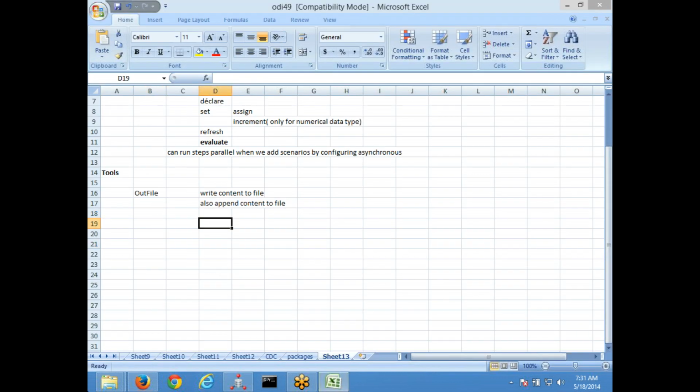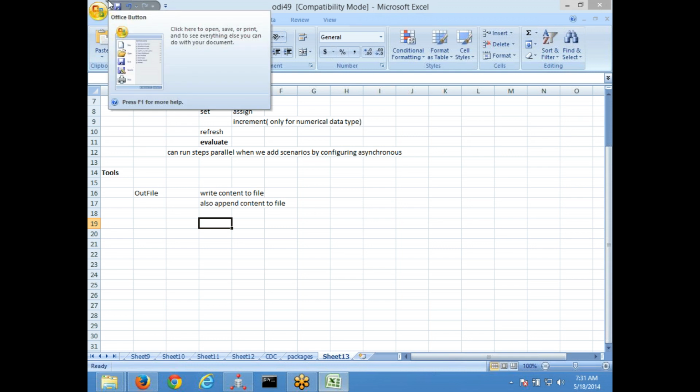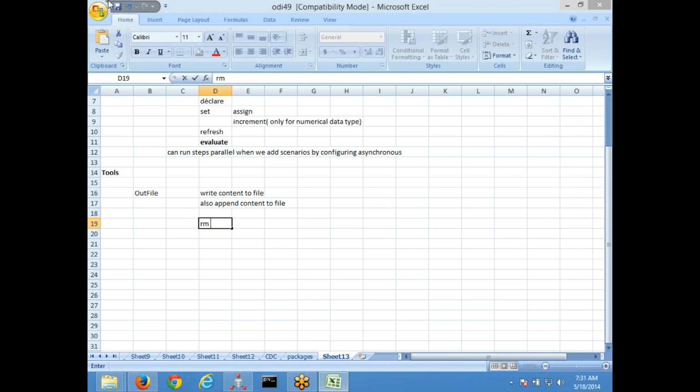So generally, what is the command to delete the files? RM is the command. RM star, if I say, it is going to delete all the files, but it is not going to delete all the folders within that folder. So how to delete all the files? In case there are any read write permissions, your RM star is going to ask whether you want to delete. For everything it will request your action to choose whether you want to delete or not. If you want to forcefully delete,